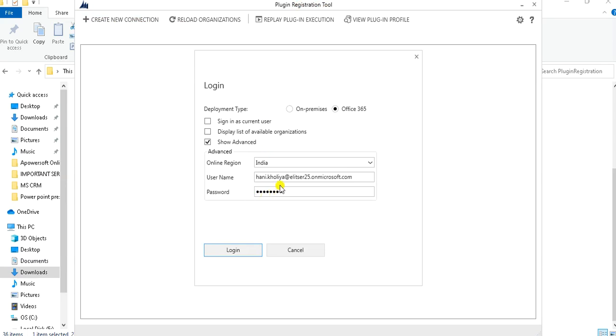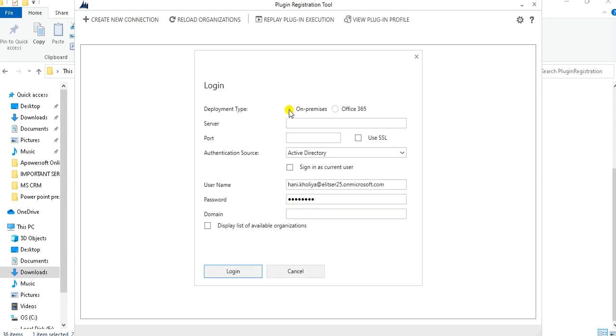If I click on create new connection, you can see it is showing me deployment type, to make the plugin registration tool identify what your deployment type is for MSCRM, whether it's on-premise or Office 365. You can see for on-premise we have options like server. We have to give the server name, port, and whether to use SSL. Authentication source can be Active Directory, internet facing deployment, or OAuth. Active Directory is where we make users. Internet facing deployment means